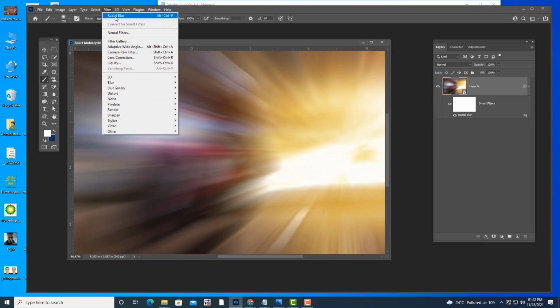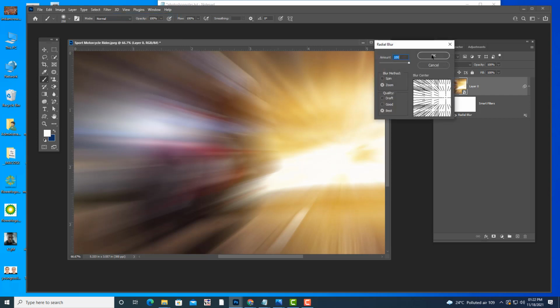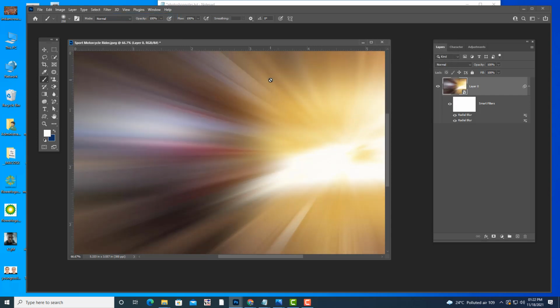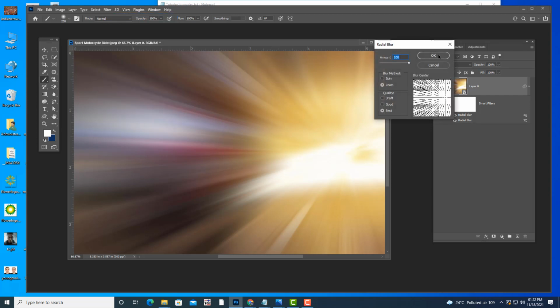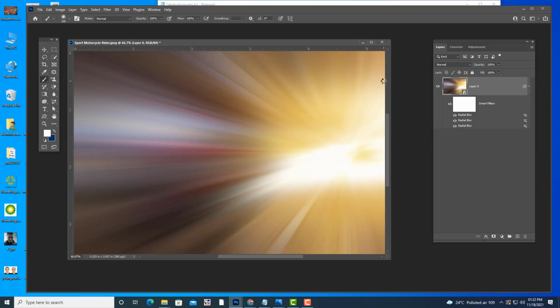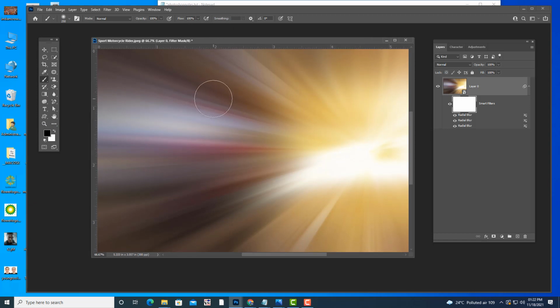Second time you can use keyboard shortcut Alt Control F. So now it is more intense. Third time you can apply. Okay, three times I have applied. Now I want to remove this radial blur from some area. So I can just select the thumbnail and take a brush. Which brush do I have to take? Normal soft brush. Then I will use black color. Then let me erase it from some parts.